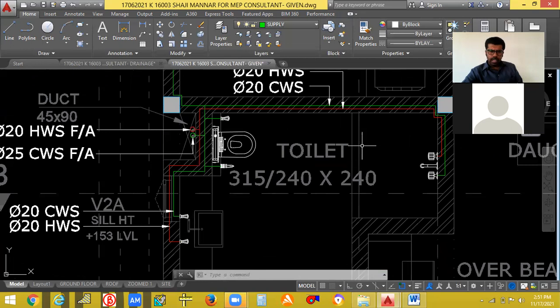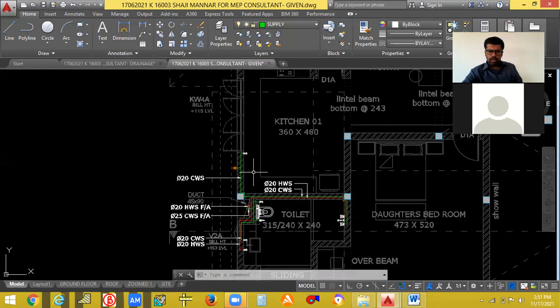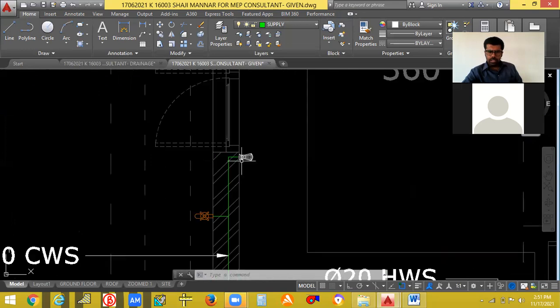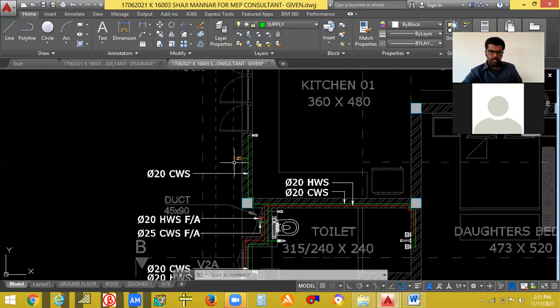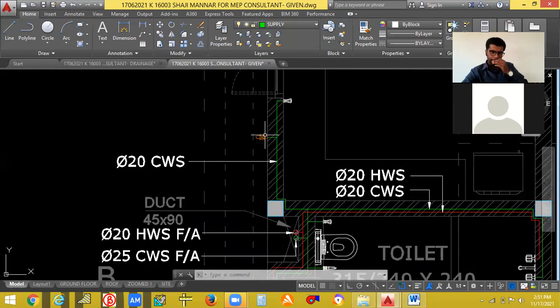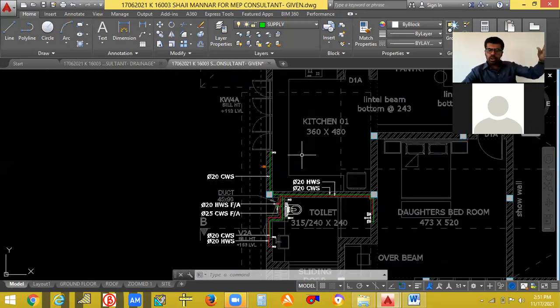Okay, and you have to give a pipeline here also. This is a kitchen only. Just give a pipe connection in the kitchen. Just give an outside pipe also. Tap in the outside area of the kitchen. You can give like this. This is a tap. Whenever you do, just give a tap in the outside area of the kitchen also. Okay. So for washing your leg or something like that.